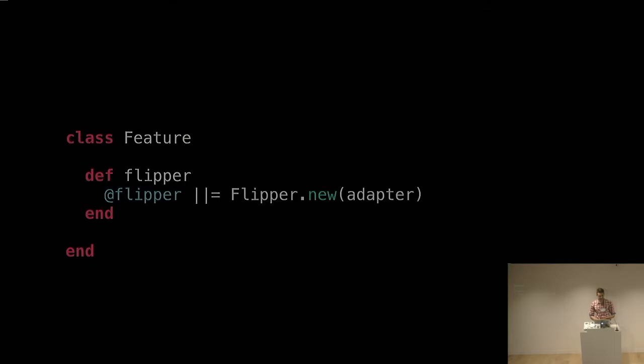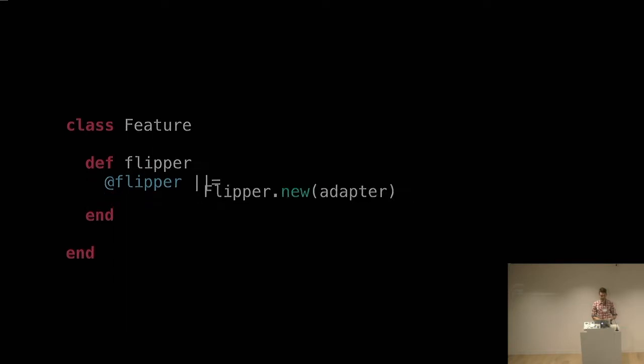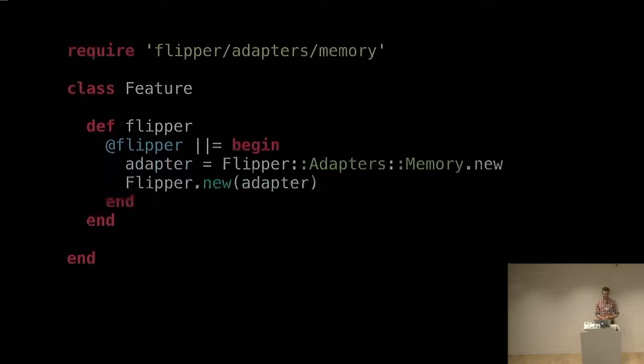So we'll add a method called flipper, and we'll need to initialize the gem instance, like so. But we forgot to include our memory adapter from the beginning. So let's do that. We also added the require at the top. And now we have our Feature class, and to use it, we just call